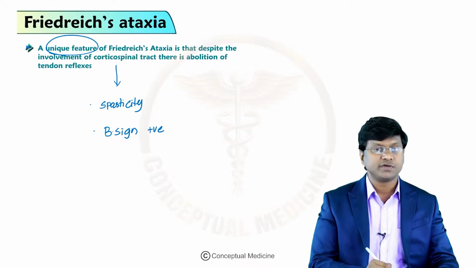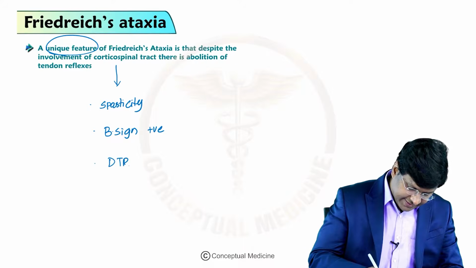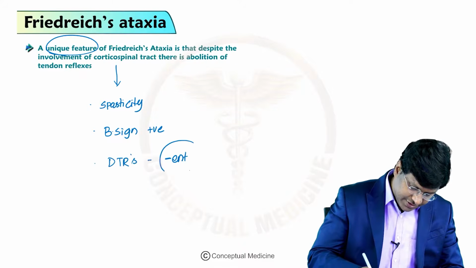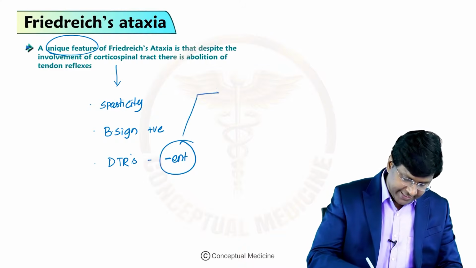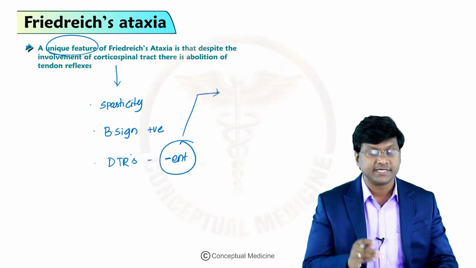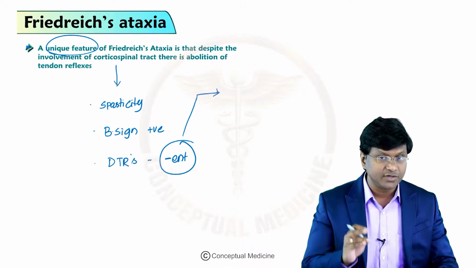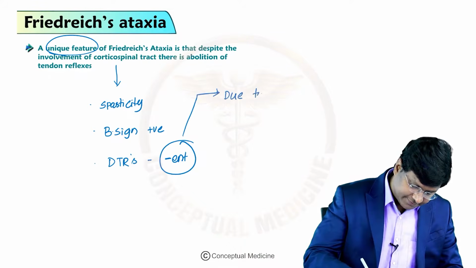Right, there is also presence of Babinski sign. But the deep tendon reflexes are abolished or absent. Now the question is, why are these deep tendon reflexes absent in this individual? I have told you that in patients with Friedreich's ataxia, there is also involvement of the peripheral nerve, and there is also involvement of the dorsal root ganglion. So due to peripheral nerve involvement,